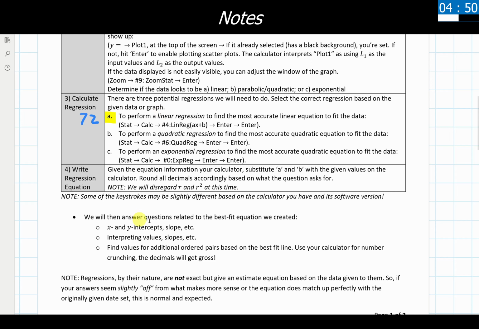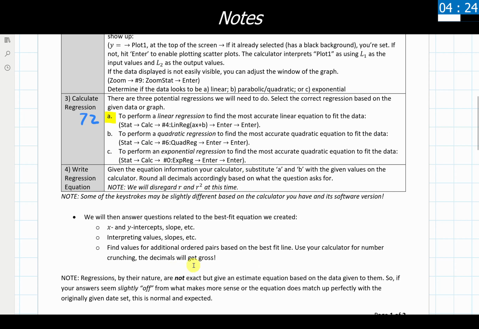Now once we have the answer and we have our best fit equation, we could calculate the x and y intercepts, the slopes, we could interpret values or what slopes mean, and we could find other values based on the new best fit equation that we have. I recommend that we use a calculator for this number crunching because the decimals absolutely will get gross.